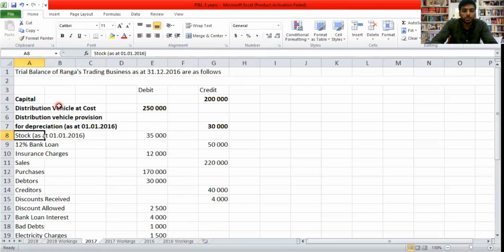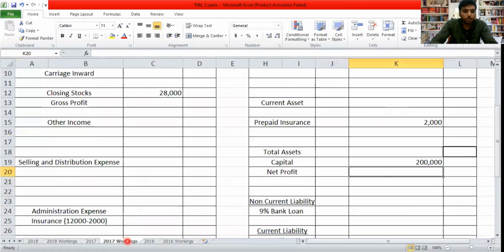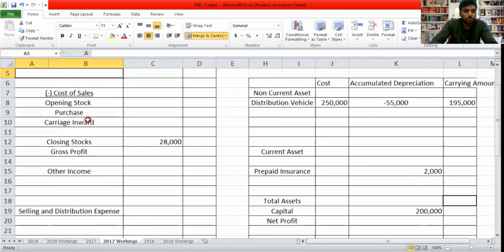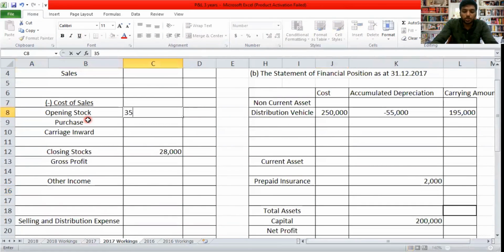Stock as at 1st January 2016 is 35,000. So 35,000 is opening stock. I'm going to take opening stock 35,000 as opening stock under cost of sales. 35,000 I will add it. Then I have